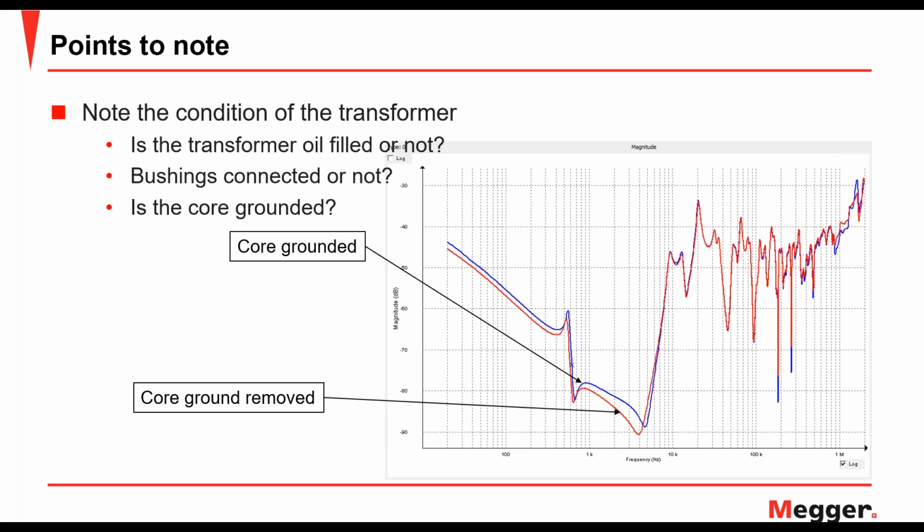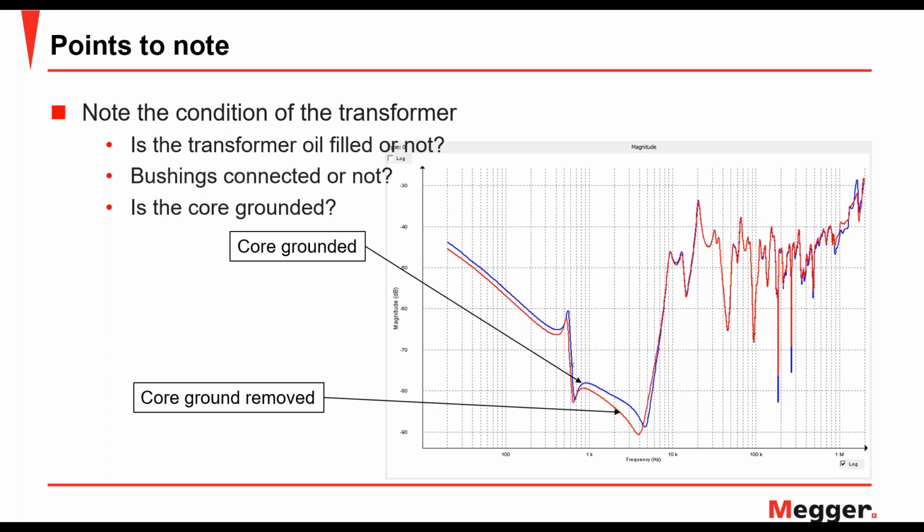Bushings. The manufacturer may have tested the transformer while the bushings were connected. When the transformer arrives on site, the bushings may have been disassembled. It's typically transported without the bushings, at least the big transformers are. So even before the bushings are mounted, if you try to run an SFRA test, even if the transformer is oil filled,